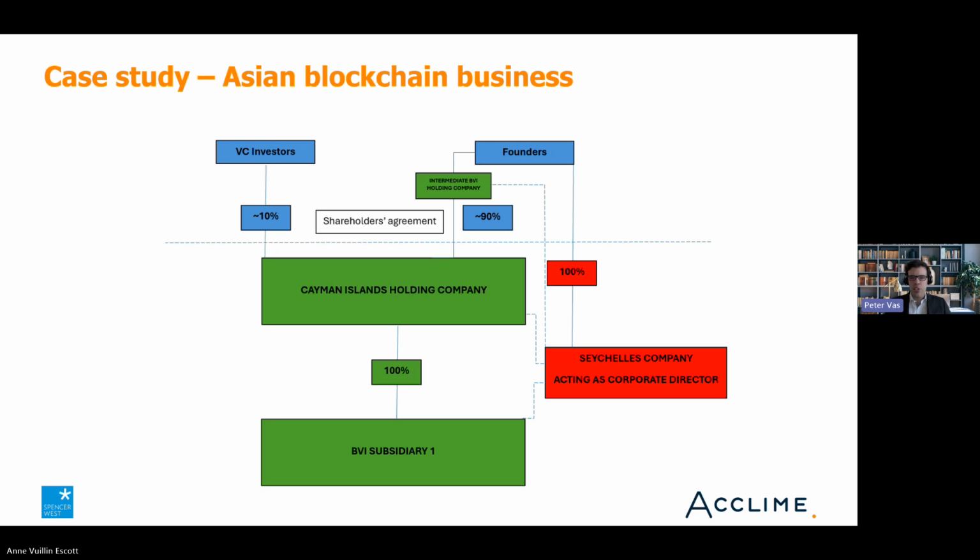And the purpose of this was to protect privacy and liability of the founders as they are a further level away from the principal holding company, and also to facilitate the payment of a distribution by the Cayman company in a way that it does not immediately fall in the hands of the founders themselves. That's because the distribution would be paid by the Cayman company to the BVI company. And as many of you probably know, BVI companies are very cost efficient. And this is why BVI, as opposed to Cayman or any other offshore jurisdiction, was used for this purpose.